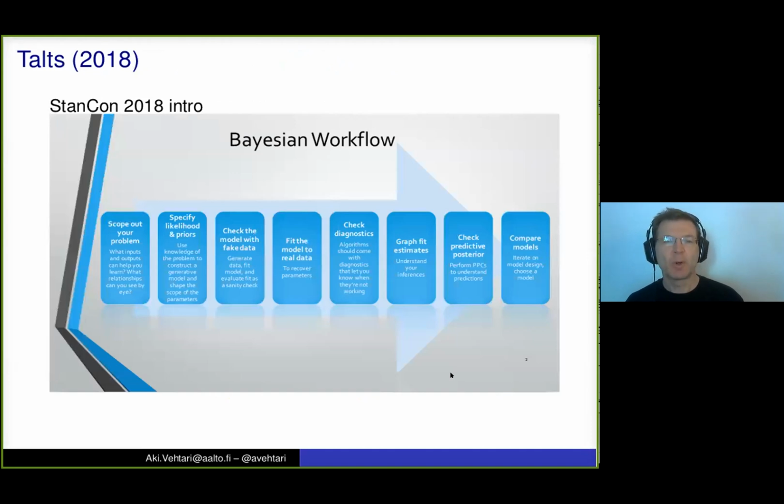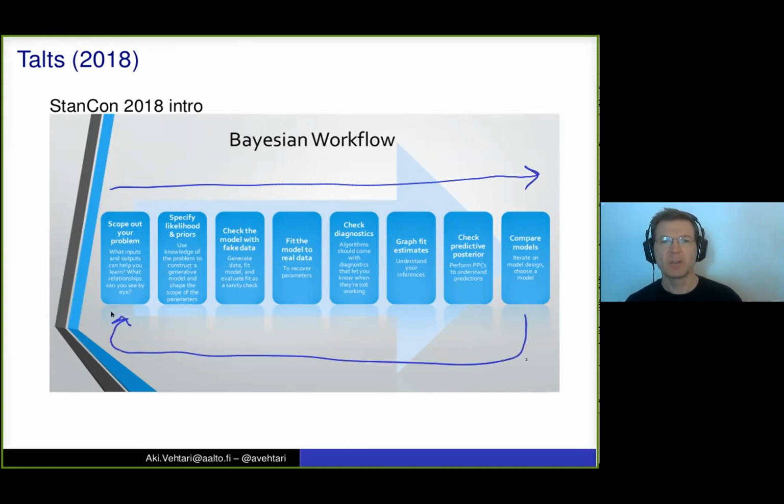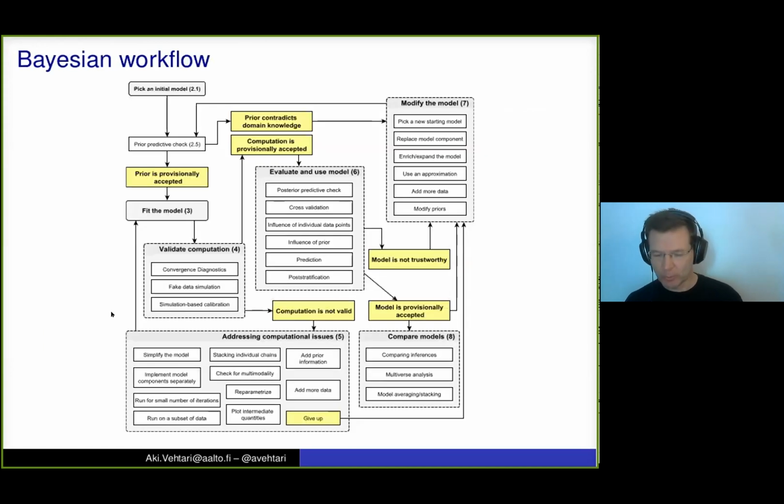But still, it's been common that if you look at other data science workflows, they still really often have one direction, and then you might sometimes go back, which is quite simple compared to what we now present.